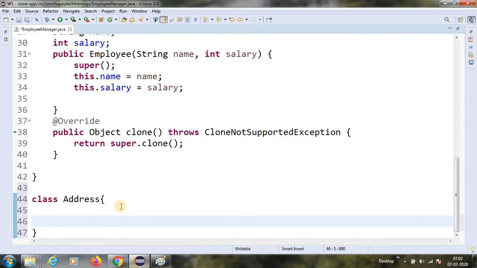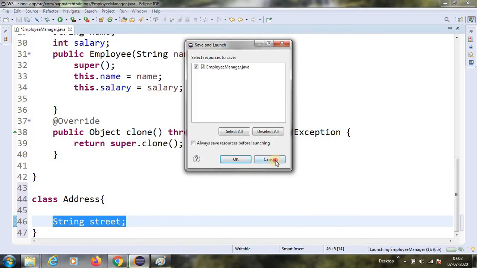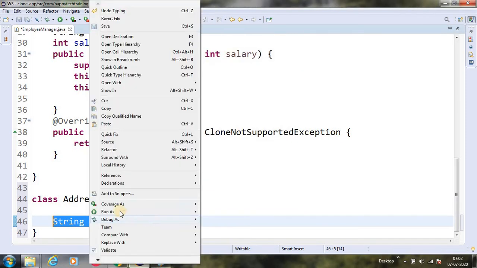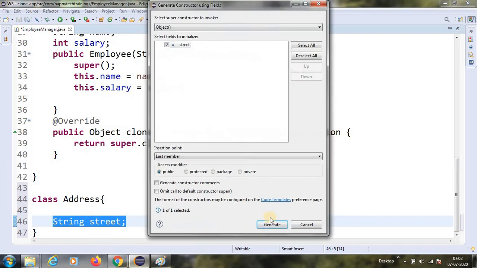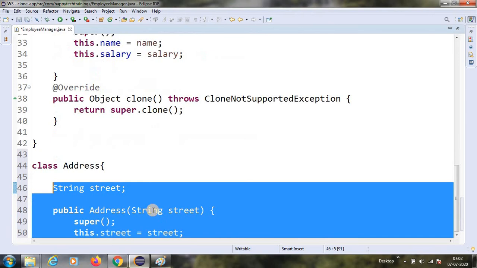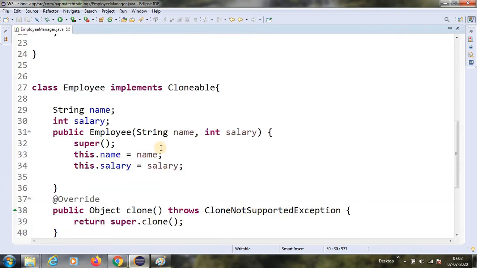Let us keep it very simple. I'm just putting one property, street, and then I'm creating a constructor. Go to source. To create a constructor, I'm doing it like this. It will take one parameter, the street parameter, and assign it.